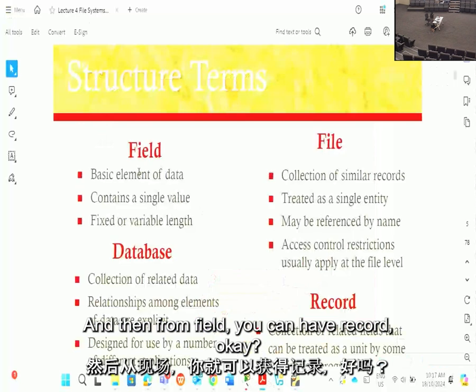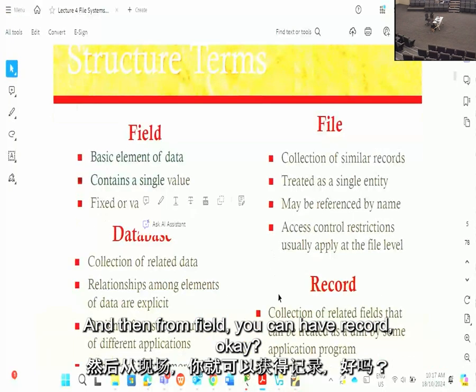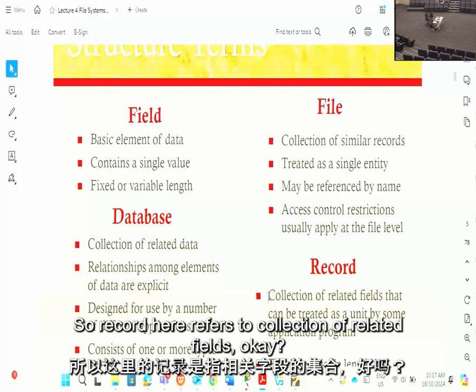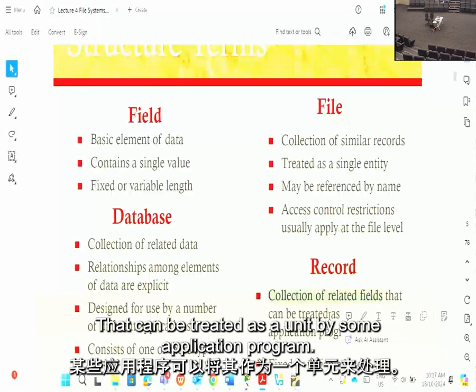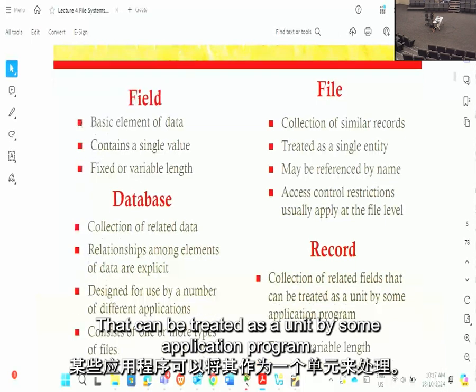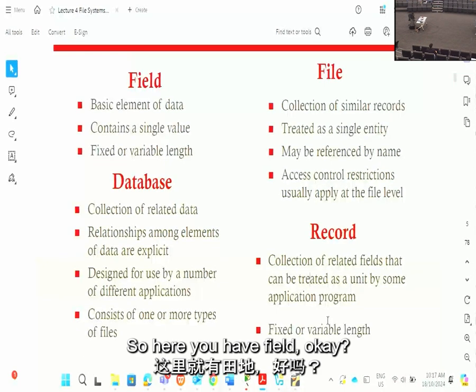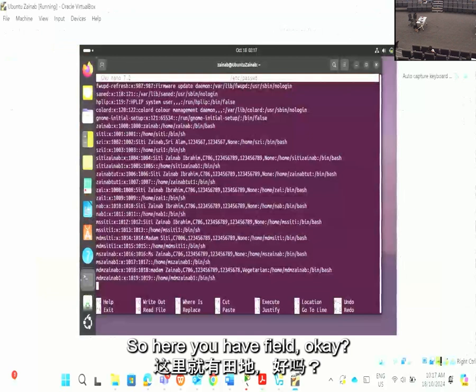Okay, and then from field, you can have record. Record here refers to a collection of related fields that can be treated as a unit by some application program. It can also have a fixed length or a variable length. So here you have field,